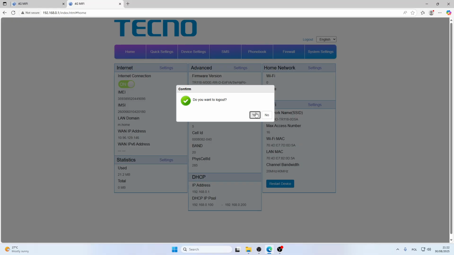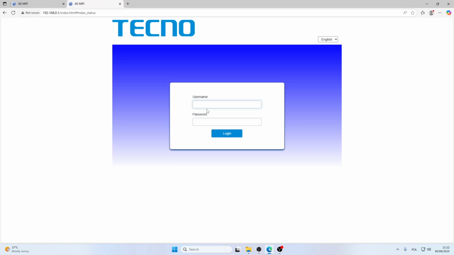Now you might be logged out, so if you want to log in you need to use the password and username, and by default those are admin and admin lowercase, so it should look like this. So now let's log in,